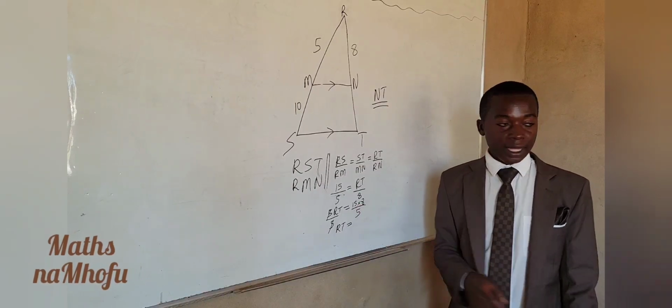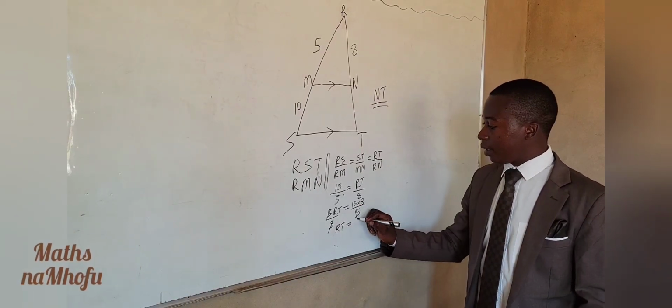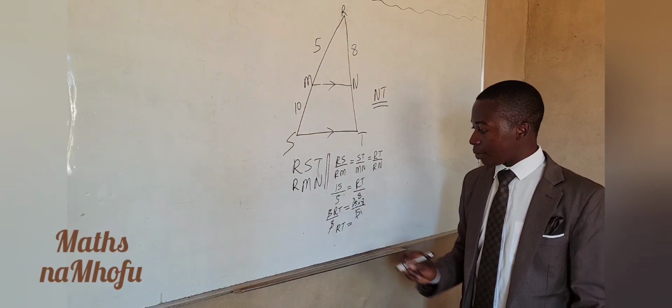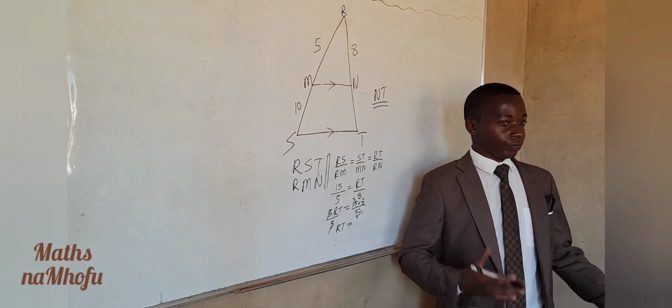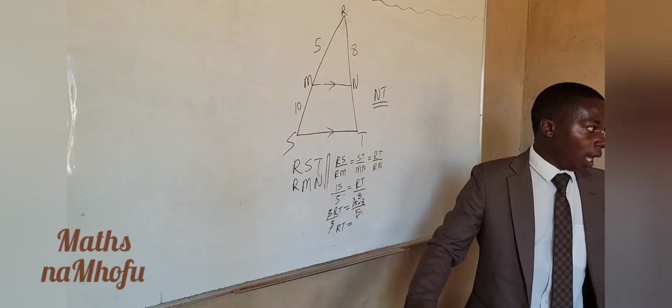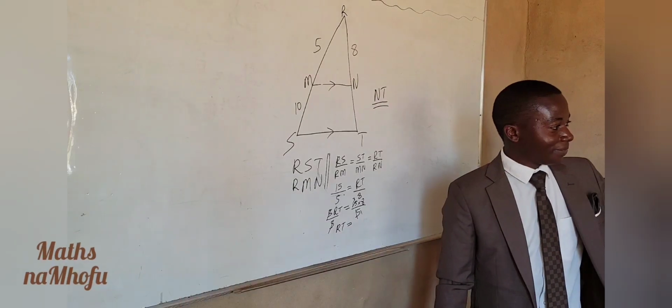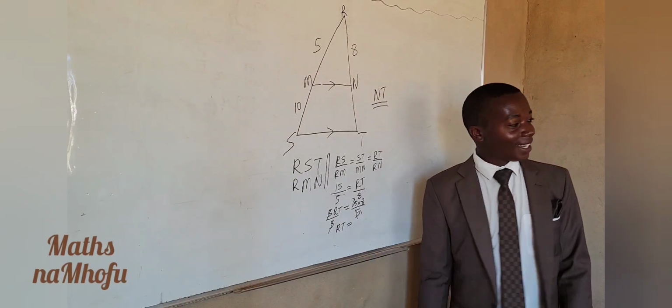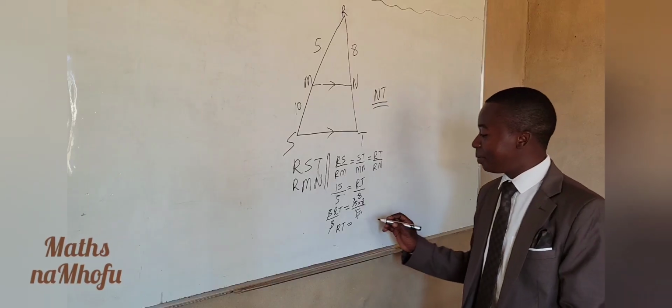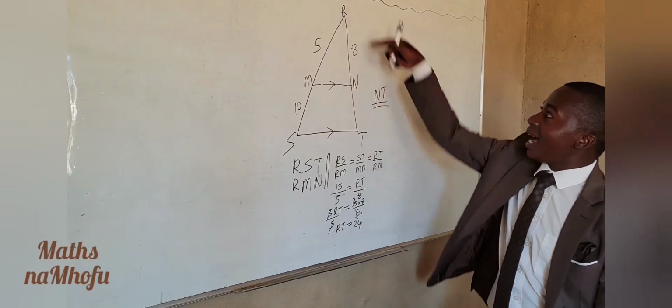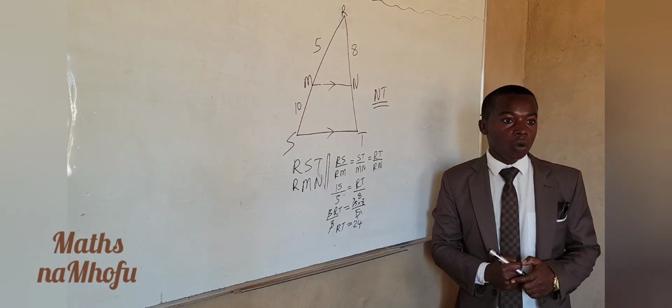The other way of solving this: you can divide this and that, right? 5 here, 1; 5 here, 3 times. What is 8 times 3? 8 times 3? Yes, 24. Thank you, Kimberly. That's 24. Since RT is 24,